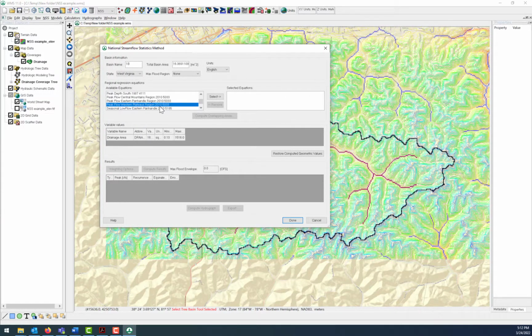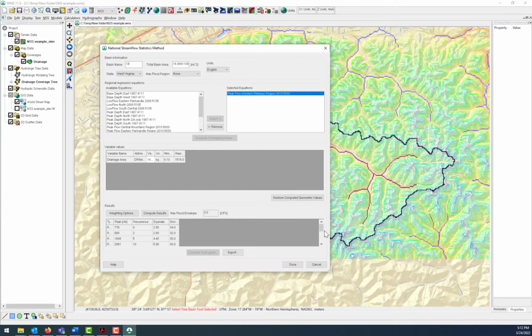And this is the 2010 statistical regression that the USGS did, analyzing these watersheds in West Virginia. So I select that, put it over here, and it's got our drainage area. If I click Compute Results, it's going to come up with the probabilistically estimated, meaning the 2-year return period, the 5-year, the 10-year, and so on. It's going to have the peak flow rate for each of those. So for example, if I want to know the likely peak flow rate for a 10-year storm,